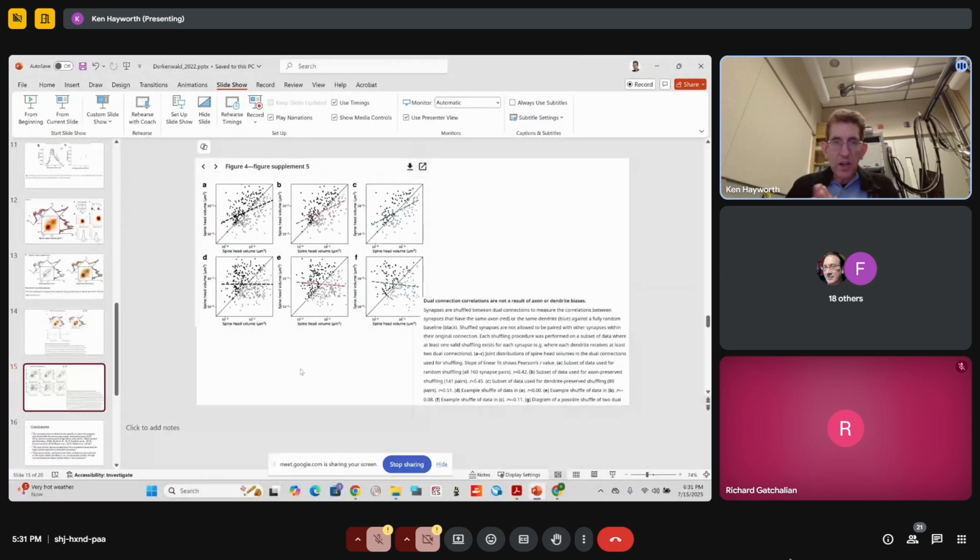In any case, it's essentially saying I'm going to make sure that I am shuffling synapses, but I'm going to make sure that it's preserving the same axon. That's what's shown in E. Or I'm going to shuffle them, making sure that I'm preserving the same dendrite. That's what's shown in F. And the key thing